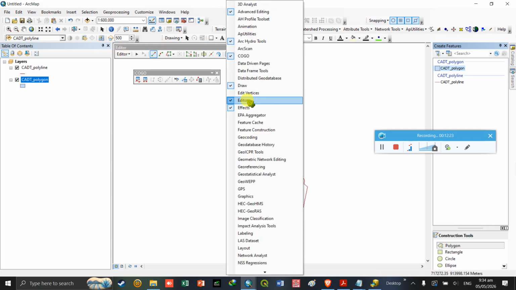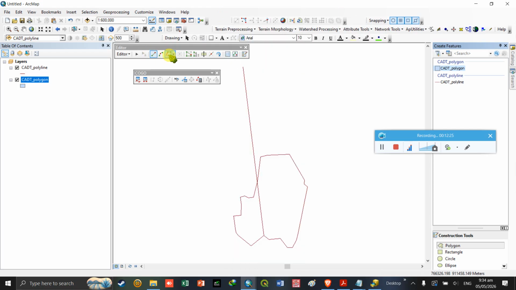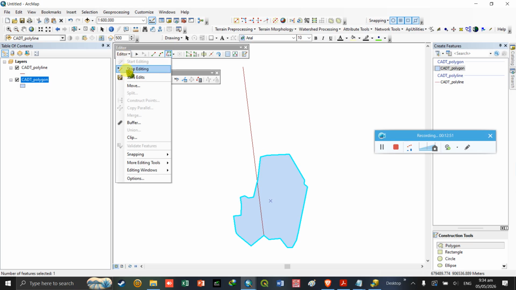Then you click that trace, and choose a corner for that polyline, and click, and then trace the outer perimeter of that line, go back to that corner, double click, and then stop editing.